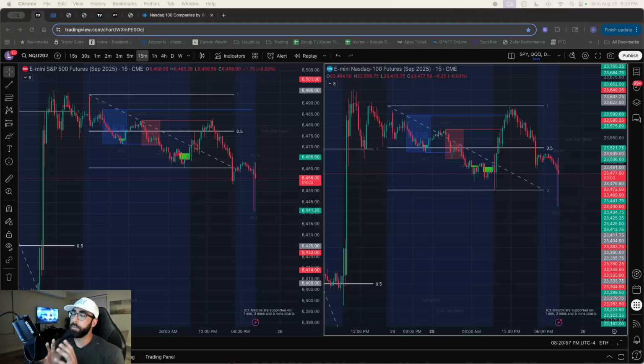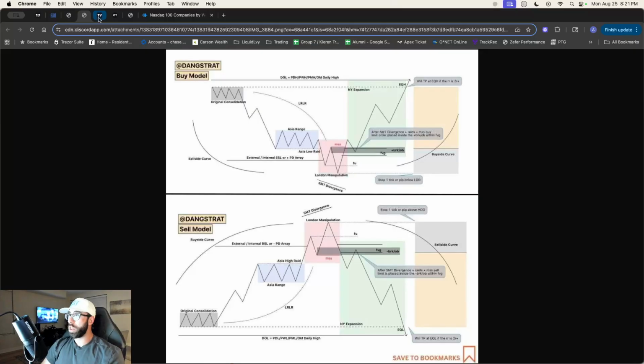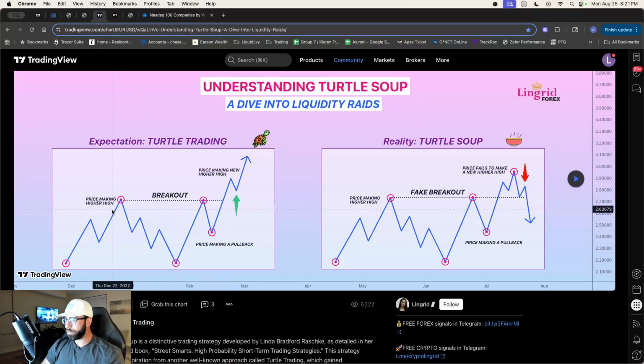But all it is is the big institution that needs to generate the liquidity to flip the switch to do a reversal. Because for every buyer, there has to be a seller. If they want to buy a million shares of something, or even more, there has to be a seller there as well. Okay? So it's give and take. So in order to generate that liquidity, the market makers will do the following. They'll create a breakout of that resistance.